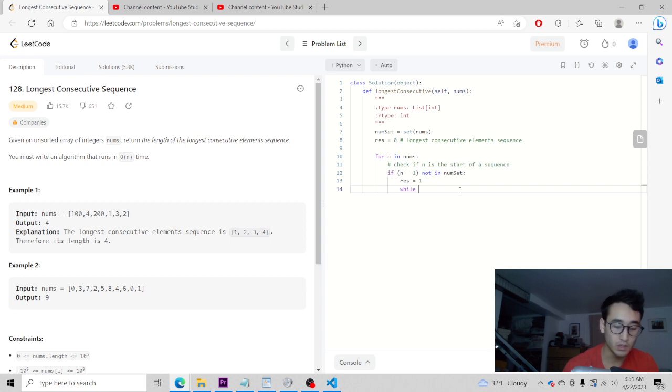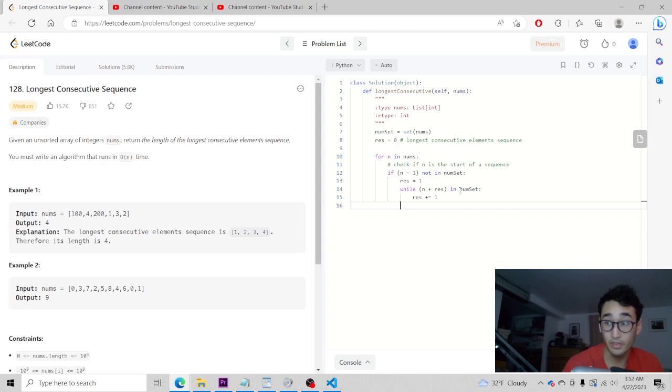We'll look at while the number we're looking at, n, plus the length, plus the result, which is 1, is in numset, we can add 1 to the result.